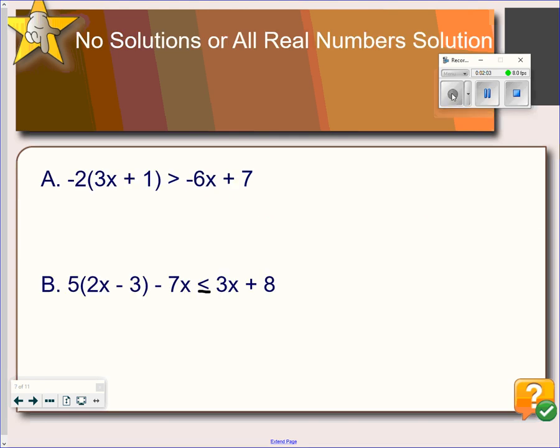Another possibility when solving inequalities is that you could get no solution or all real numbers as a solution. So let's see what that looks like. In example A, we distribute the -2,